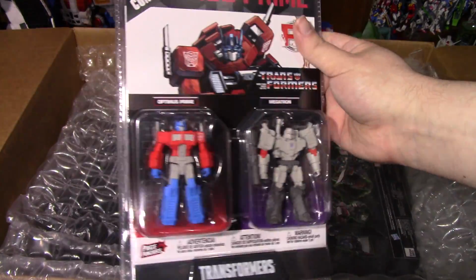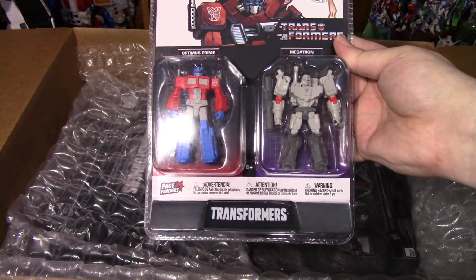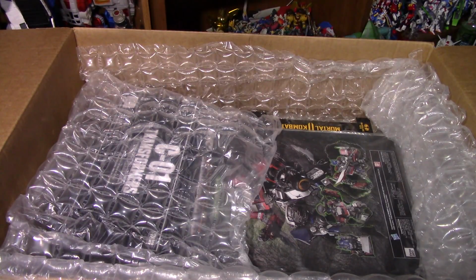I just kind of like the look of it in the box, but we'll see. Just the novelty of Transformers figures made by McFarlane Toys. I had to check that out. And speaking of McFarlane,